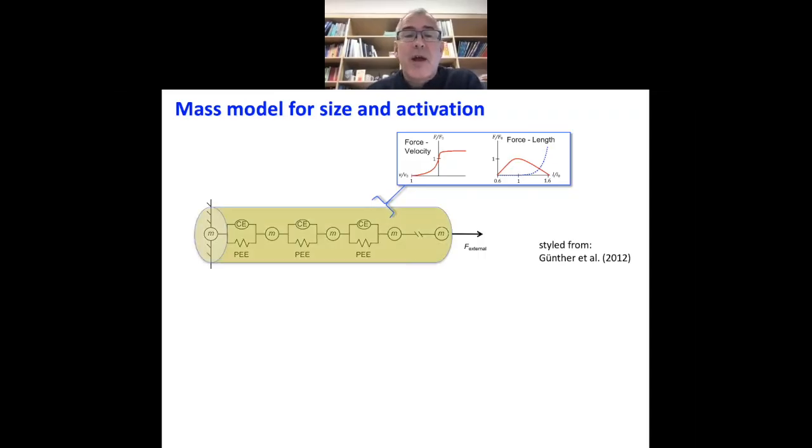You can then essentially wrap this up, think about this as a muscle fiber, and use this as your muscle model to see what the effect of mass is going to do to the muscle model. First of all, you could conceptually think about some of these things. The first thought you could have is